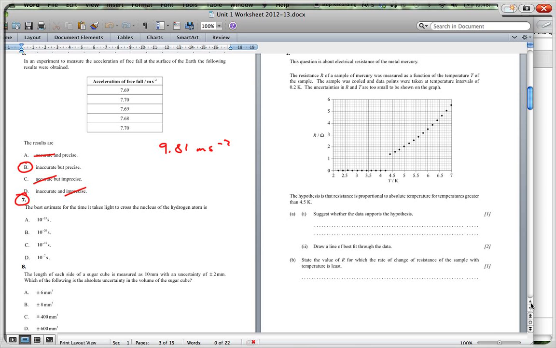7. The best estimate for the time it takes to cross the nucleus of a hydrogen atom. This is 10 to the minus 23. Now, you should probably know that. I mean, the size of a regular atom is about 10 to the minus 10 meters. So if we looked at the time it takes to cross an atom, we know that velocity is equal to distance over time. Time is equal to distance, 10 to the minus 10, divided by our velocity, which is 3 times 10 to the 8. So we're looking at an approximate value of about 10 to the minus 19 seconds to cross